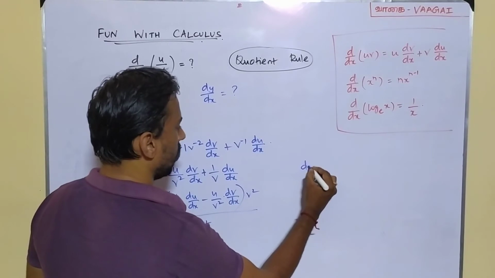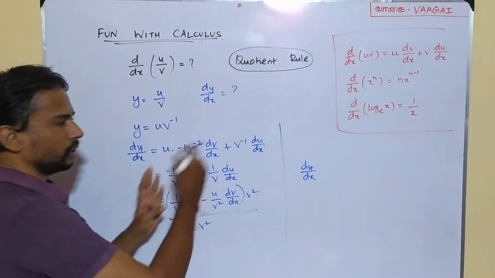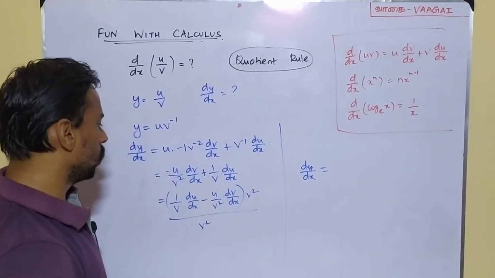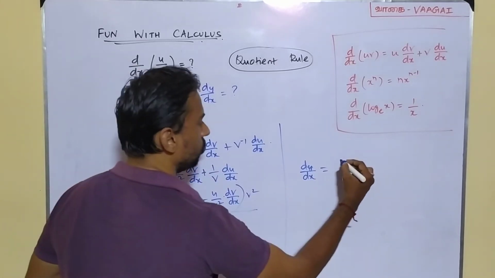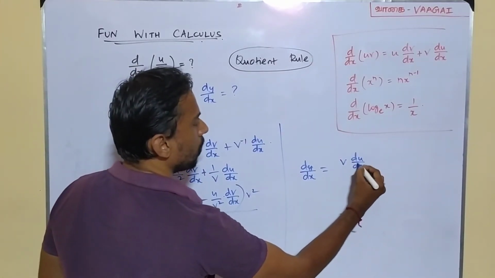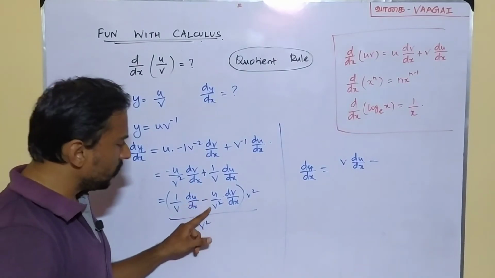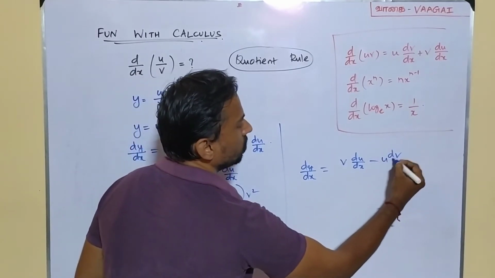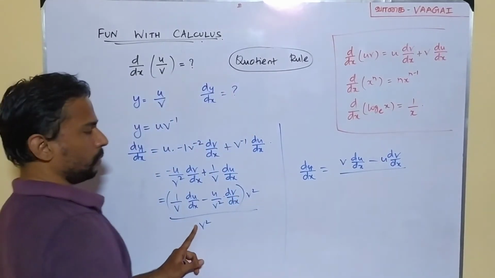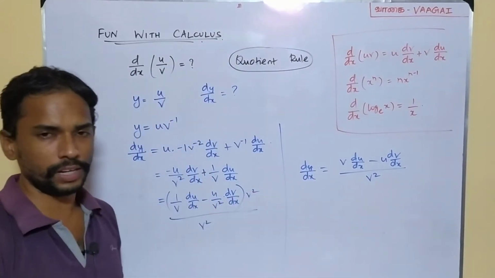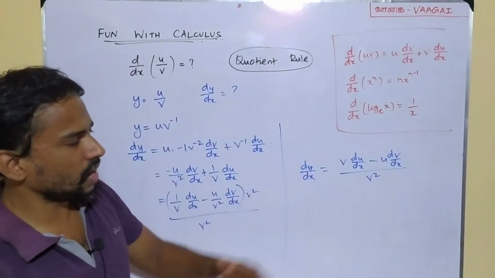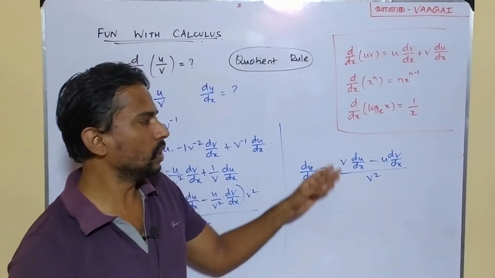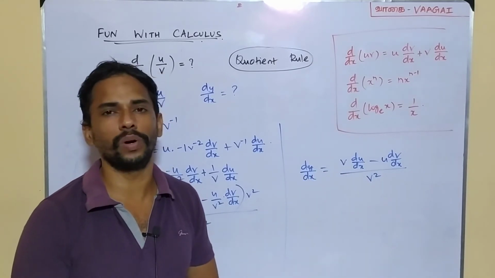So if I try to do it, I'll be having dy by dx is equal to, I'm just continuing here on the right hand side, so now just take this v square inside. You will be having 1 by v into v square, which will be v into du by dx, and minus, you have u by v square times v square, which will be simply u, followed by dv by dx, and this entire thing is divided by v square. There's no disturbance here in this denominator's position. So again we are getting the same answer here. dy by dx is equal to v du by dx minus u dv by dx, the entire thing divided by v square.